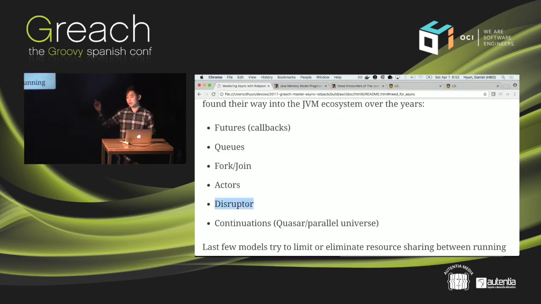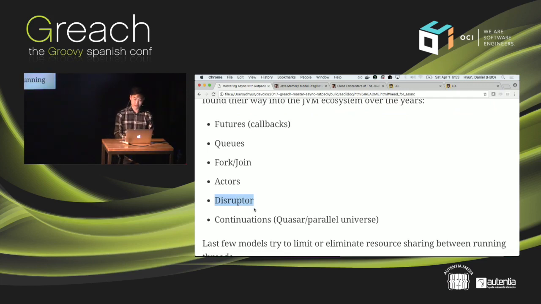Disruptor pattern. How many of you have heard the disruptor pattern? Yeah, this is a really cool paper by the people at LMAX. It's a really cool piece of machinery, and the white paper on it is really interesting. So if you're interested in what the disruptor is and what it does for you, I recommend looking it up.